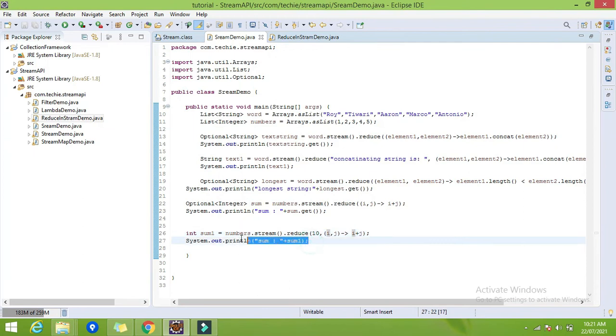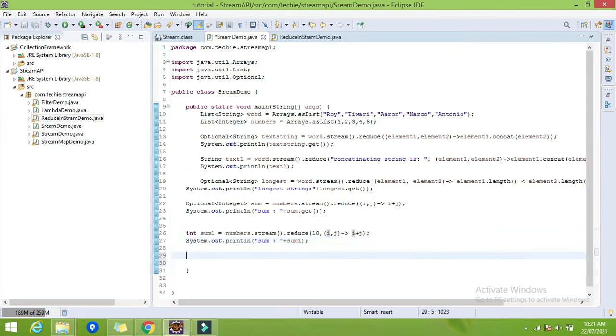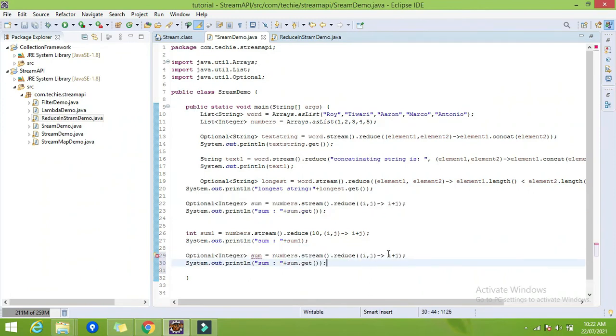Now try another scenario. Suppose the interviewer asks you, I want the multiplication of all the elements, right? So no need of initial values currently, so I will directly copy the optional variant. I want the multiplication of all the elements. So what I will do, instead of sum I will use the multiplication symbol here.